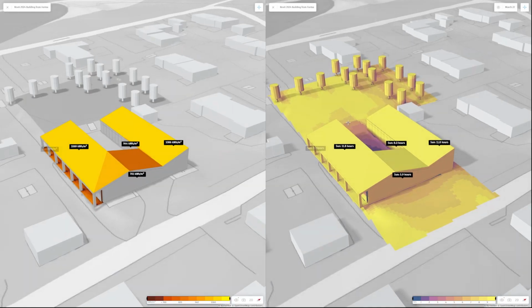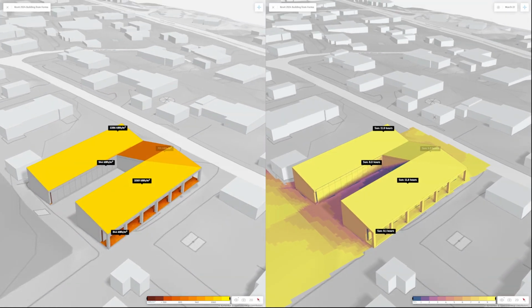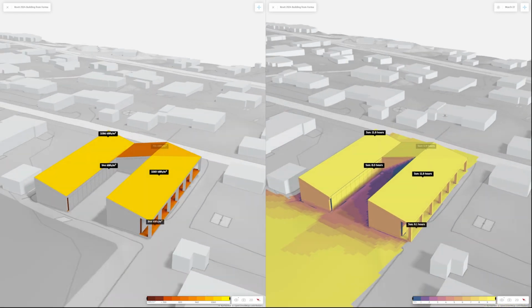The solar energy analysis considers the angle of incident of sun rays, the shading effect of surrounding buildings, and the climate data of your site's location. And this is important. Instead of analyzing for solar panels in a vacuum, you are here considering your specific location and any surrounding context that may give shade or otherwise impact your solar energy potential.